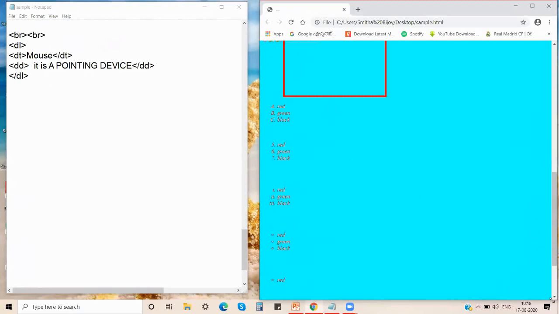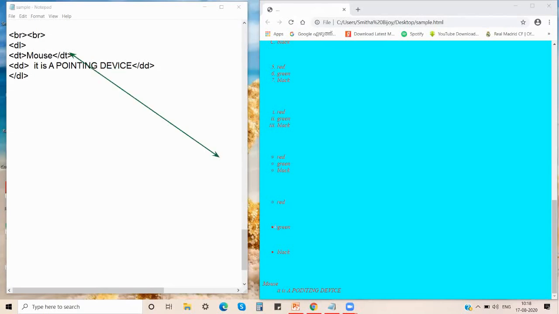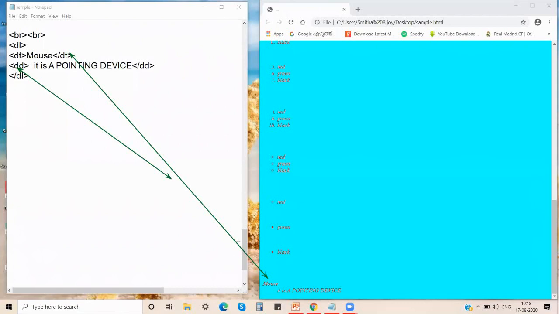Now just please look into the bottom part of the browser screen. Here you can see the terms defined over here, how the definition list is being created. So with the help of your DT tag, you have created the heading. See how it is present? Then with the help of your DD tag, you have defined what the definition is. So that is given over here. Could you please see this on the screen? So like this, you can go on to create as many definitions as possible. This is just one example.